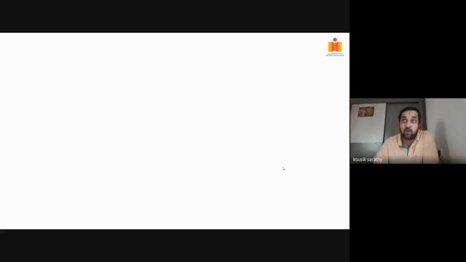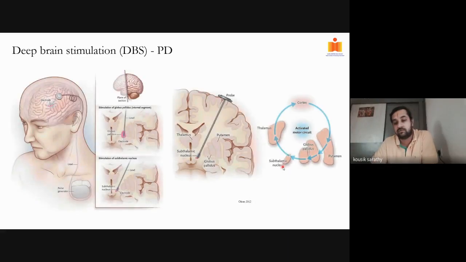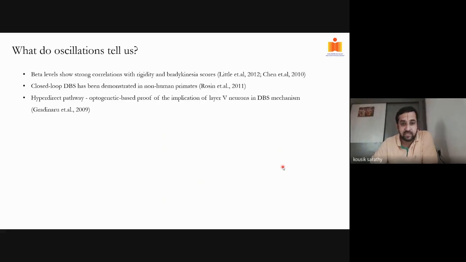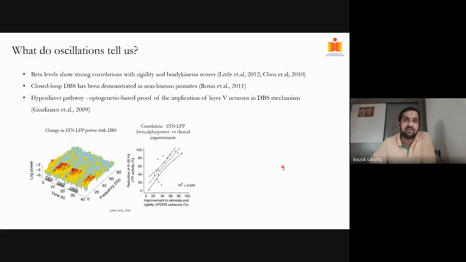So how do we study the mechanism? I spoke about mechanism, so the question is, how do we study it? There are various ways to study it. One way is using oscillations. Oscillations look like very abstract wiggly waves that just come out of nowhere, but it seems like these oscillations have a direct link to the behavior. This is where we want to use the power of oscillations to understand what is happening in the brain.